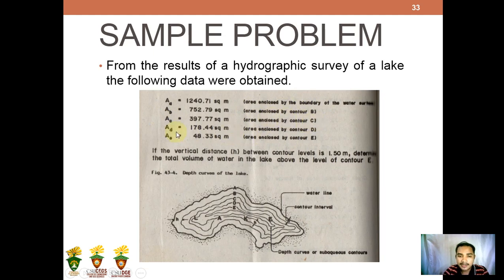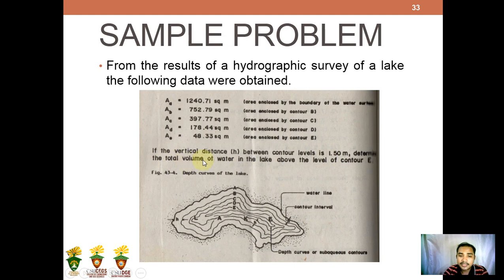And area D to be 178.44 square meters. So this is the area enclosed by contour D. And area E to be 48.33 square meters. So this is the area enclosed by contour E. And if the contour interval between two contour levels is 1.5 meters, we need